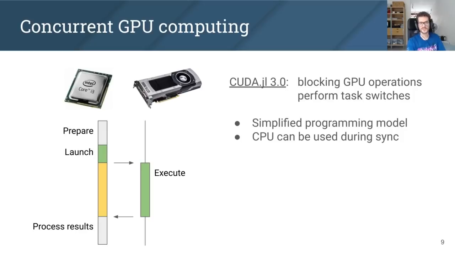And this greatly simplifies the programming model because it's now much less of a problem to call blocking operations while launching kernels, because this will just result in another task getting the chance to execute. Similarly, during synchronization, when the CPU is waiting for the GPU to complete, it won't just be spinning inside of the CUDA libraries, but it may be doing some other useful work on another task. Of course, this is only true when you have other tasks to execute. So let's have a look at how we can effectively use multiple tasks with GPU programming.